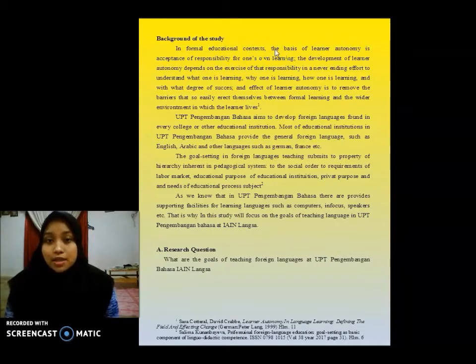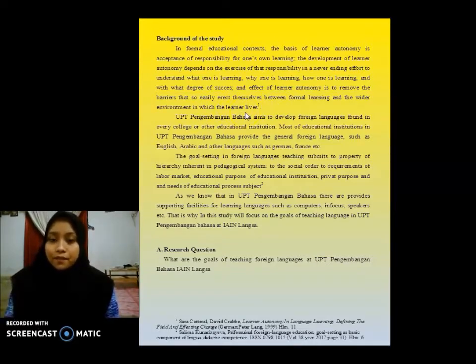In an informal education context, the basis of learner autonomy is acceptance of responsibility for one's own learning. The development of learner autonomy depends on the exercise of the responsibility in a never-ending effort to understand what one is learning, why one is learning, how one is learning, and with what degree of success. The effect of learner autonomy is to remove the barriers that so easily erect themselves between formal learning and the wider environment in which